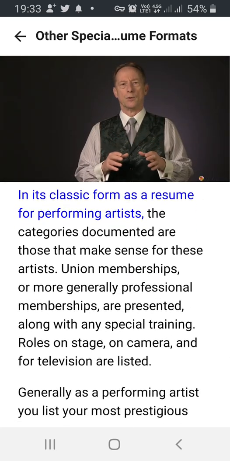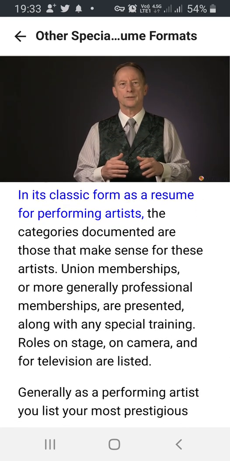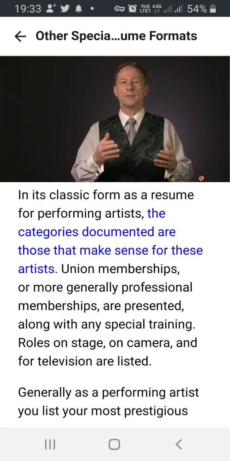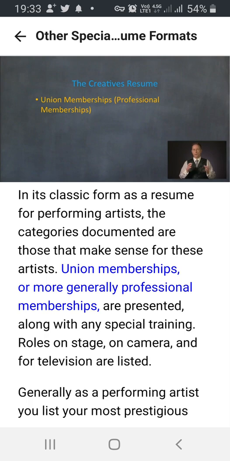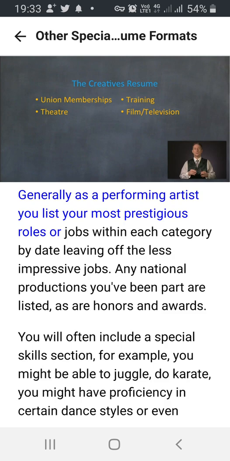In its classic form as a resume for performing artists, the categories documented are those that make sense for these artists. Union memberships, or more generally, professional memberships are presented, along with any special training. Roles on stage, on camera, and for television are listed. Generally, as a performing artist, you list your most prestigious roles or jobs within each category by date, leaving off the less impressive jobs. Any national productions you've been part of are listed,